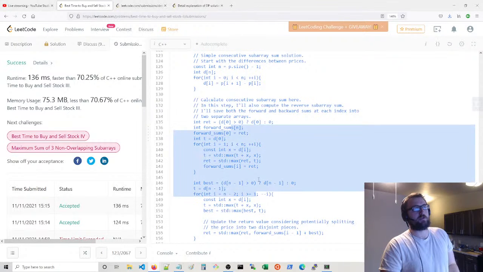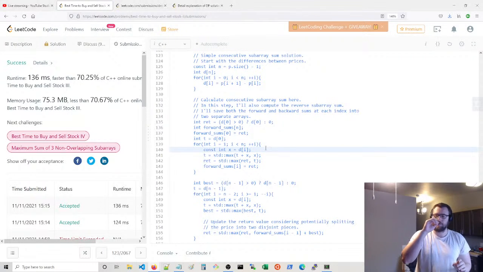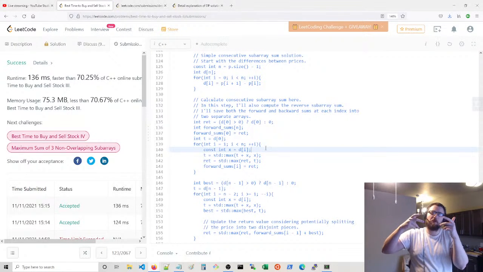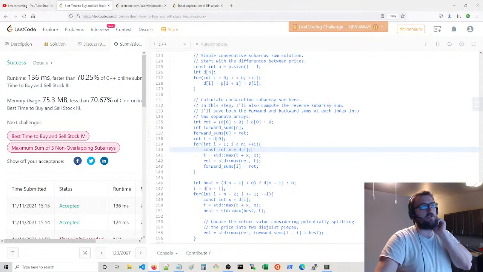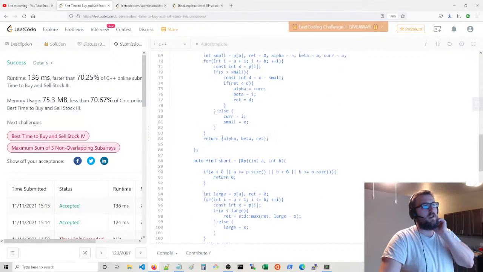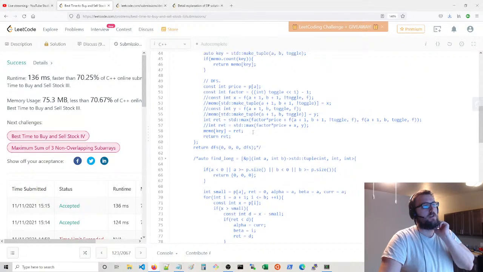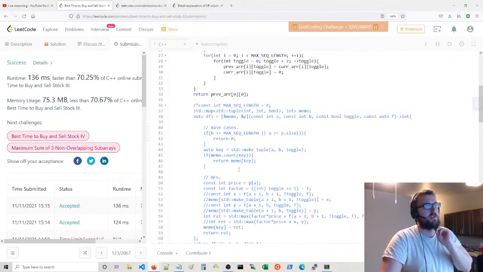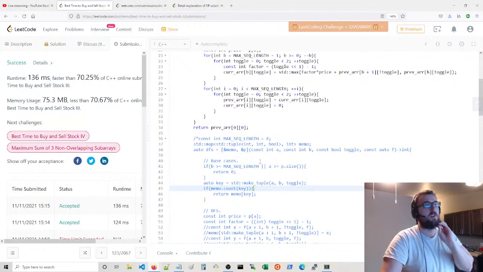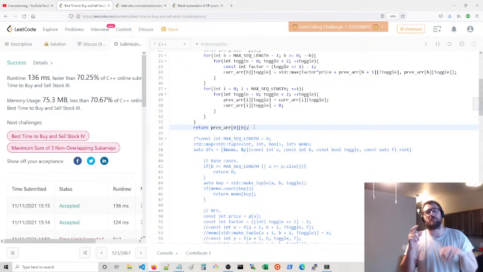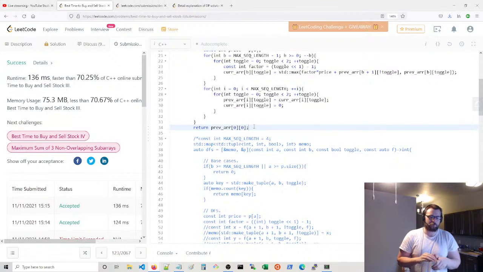Pretty simple. This first one I was saying we take the difference of prices, and then we can use consecutive subarray sum calculations to calculate this one. And then we have another solution that's too slow. That was the memoized version of what we just did. So what we did, we said